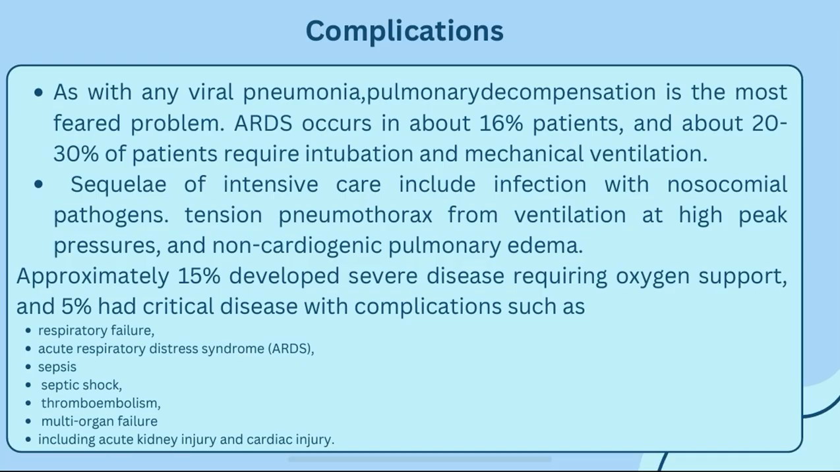Moving further to the complications. As with any viral pneumonia, pulmonary decompensation is the most feared problem. So once the person contracts pneumonia, pulmonary decompensation is the most threatening thing which can come up. Acute respiratory distress syndrome occurs in 16% of patients, and about 20 to 30% of the patients require intubation